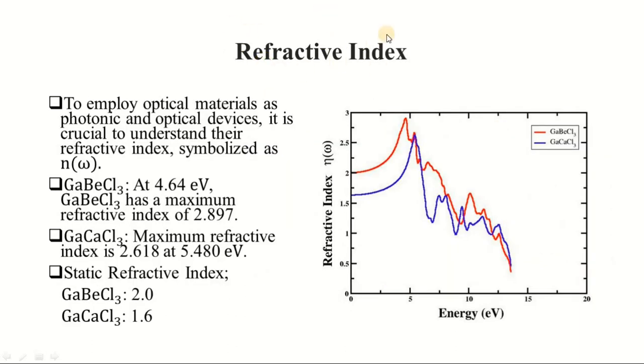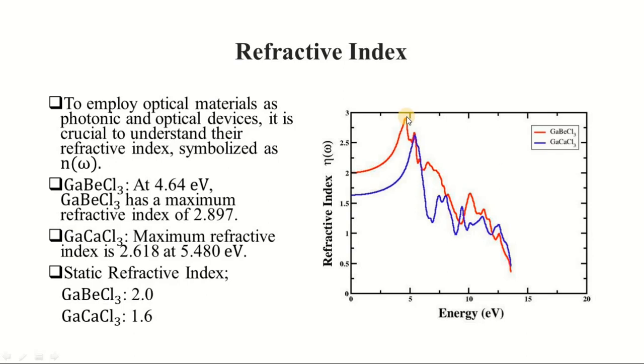The other optical property is refractive index. Refractive index is crucial in determining the refraction of light within the material. To employ an optical material in photonic or optical devices, it is necessary to understand the refractive index, which is represented by n(ω). It is clear from the figure that for GaBeCl3 the maximum refractive index of 2.89 is observed at 4.64 electron